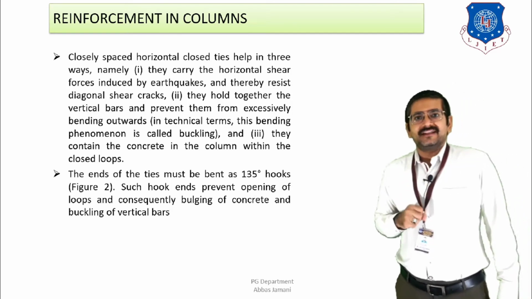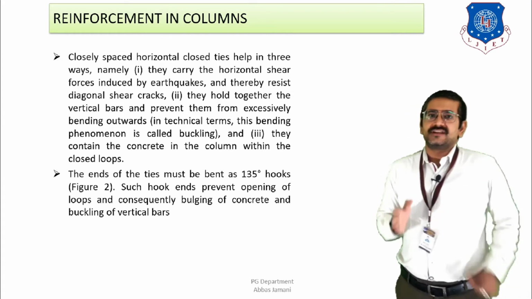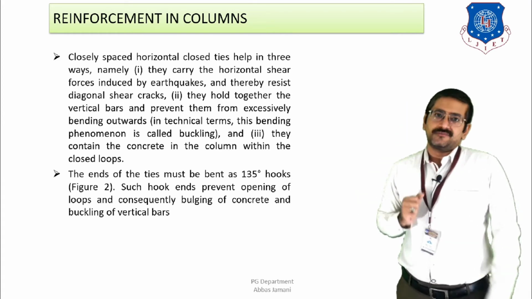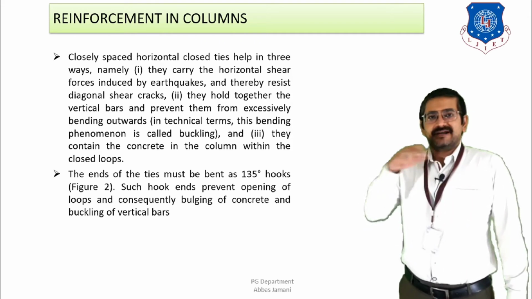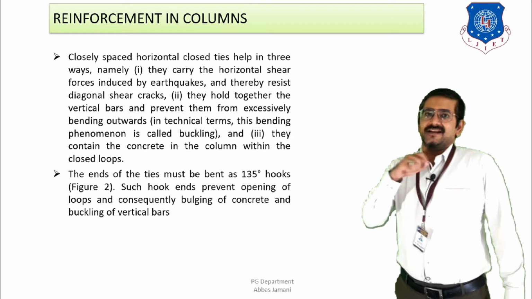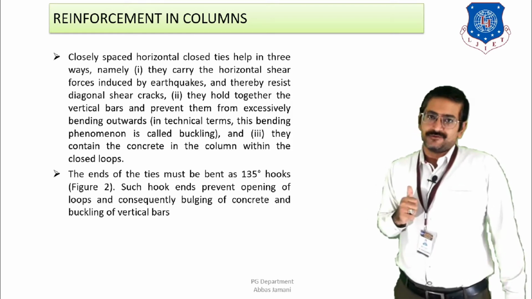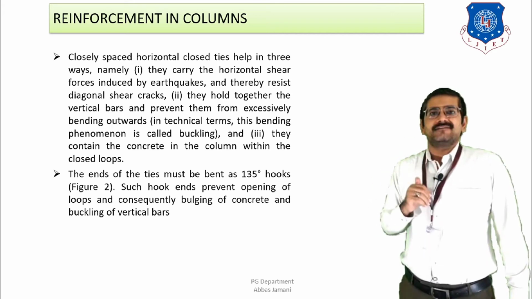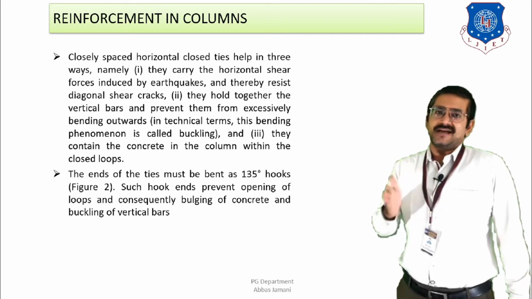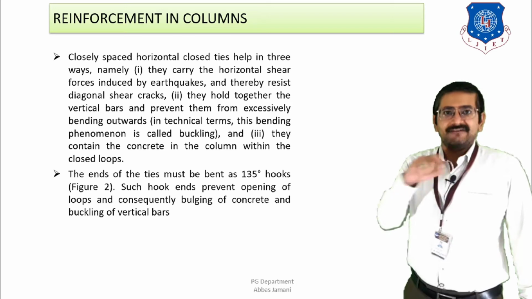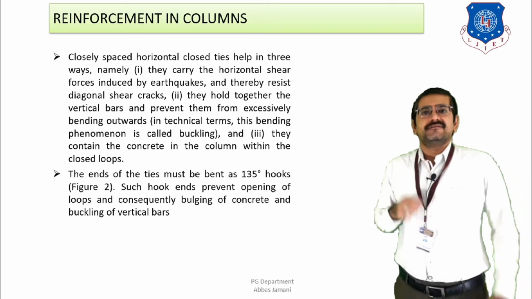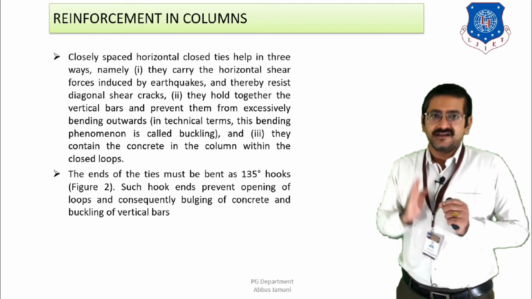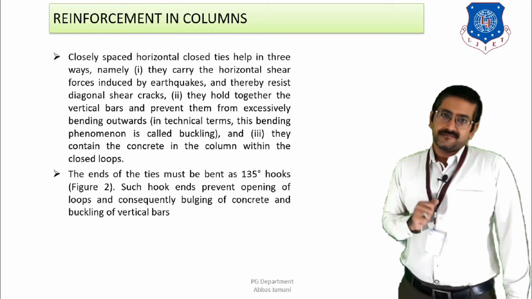Second, and the important role of these stirrups is to hold the vertical bars along the height of the column together, right? If the column's longitudinal reinforcing bars are erected, but the transverse reinforcement is not provided, then buckling of the bars is likely to take place. And when buckling of bars takes place, the bars will not remain in position. So whenever you provide this transverse reinforcement, it will help to keep the vertical bars in position, and as a result it will avoid the buckling of bars.